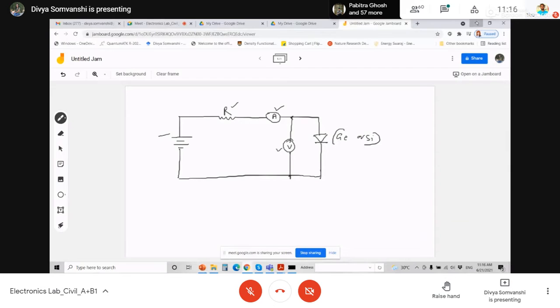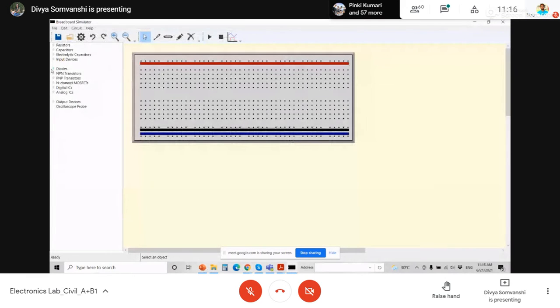It means first we need one diode. If I go to the diode, normally this is my diode, and the diode number is written on it. I can put my diode in any hole like this. So which kind of diode am I using? Can anybody tell me, if you can recognize this? Ma'am, silicon. Yes, so this is a silicon diode, right?